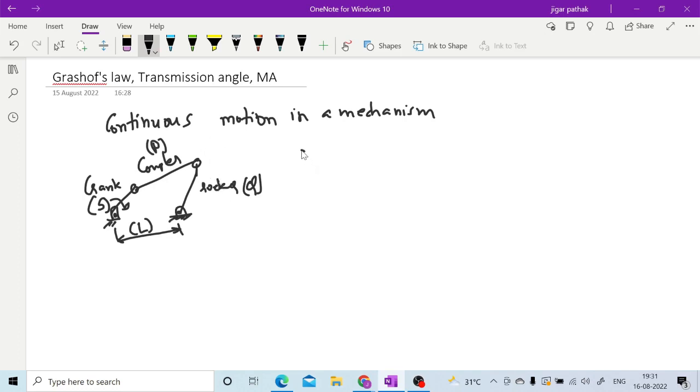So what Grashoff's law tells is, in order to have continuous motion of your crank, the condition that must be satisfied is that the sum of the shortest plus longest link should not be greater than the sum of the remaining two links. It means the sum of the shortest plus longest link must be less than or equal to